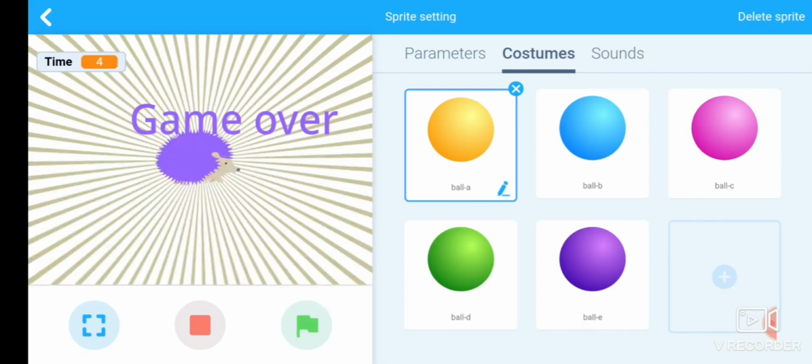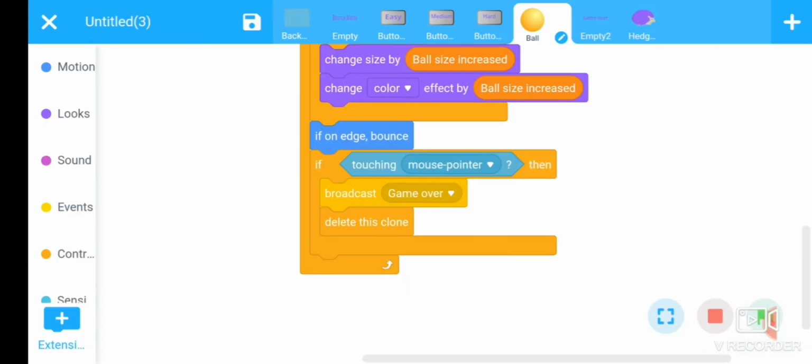Okay, fine. Now we want to add another condition for the game to stop. Here we want to define that if the mouse pointer crosses the boundary of the screen, even then the game should stop or be over.